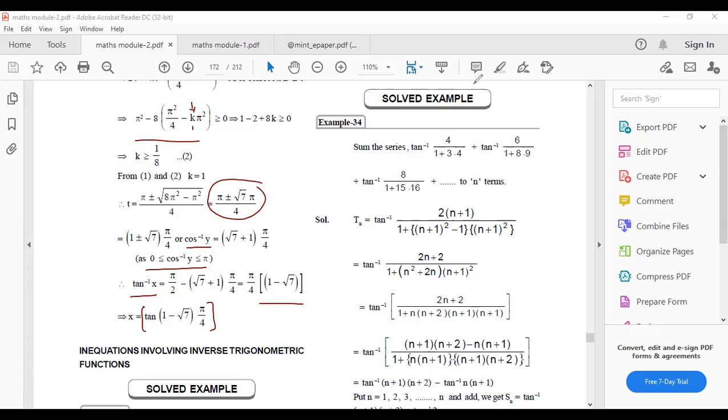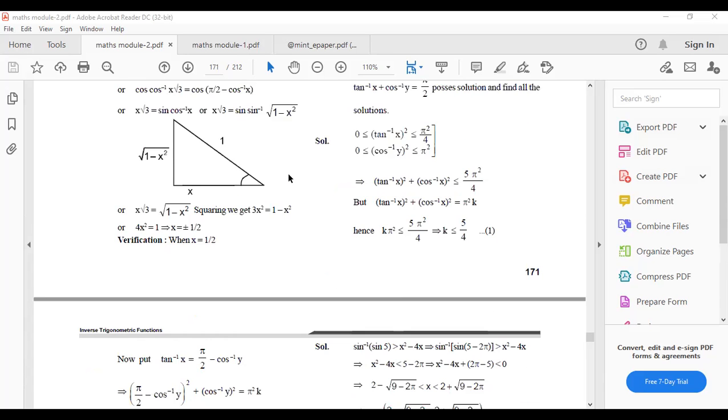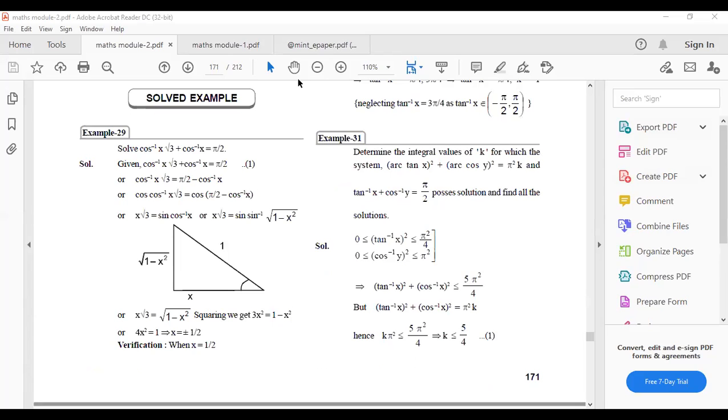I'll repeat this solution once again. Vishwas, pay attention. This was the equation given in the question. And this was the condition which was given. And find all the solutions, they have asked us. So basically, they have given an additional condition that k is an integer. Now looking at this equation and looking at this condition,